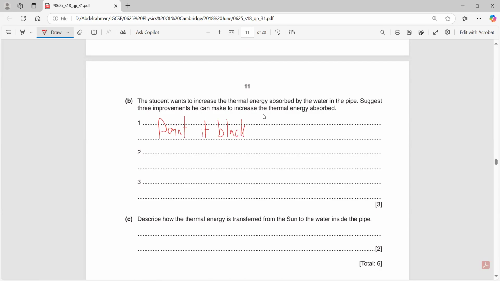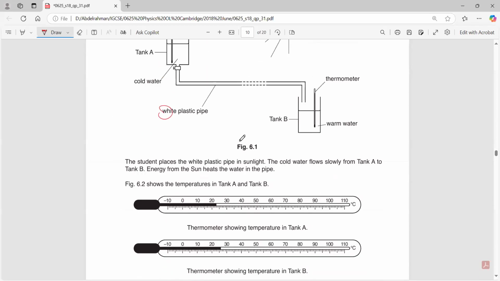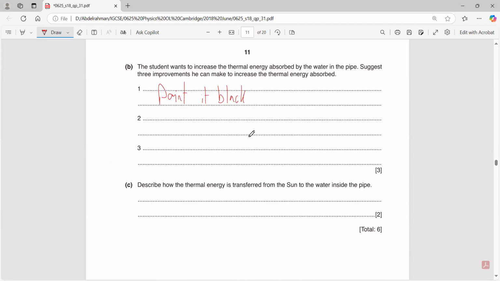Well done. You said instead of using a plastic pipe, use a metal pipe. Why? Because metals are better conductors of heat. Yes, a metal pipe instead of a plastic pipe. And